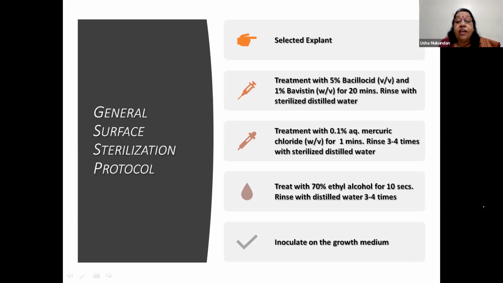But if it is non-living, say for example, you have any instrument or something which you want to disinfect, then you use the word disinfection or sterilization. Say you use scalpel, forceps, all these. If you use liquids for disinfecting, see you dip it in 70% alcohol, isn't it? I will be coming to that, how alcohol is a disinfecting agent. Then the term that you will be using is disinfection or sterilization.